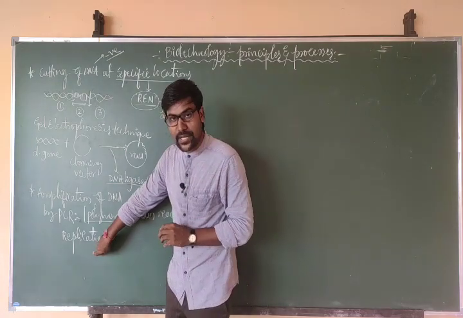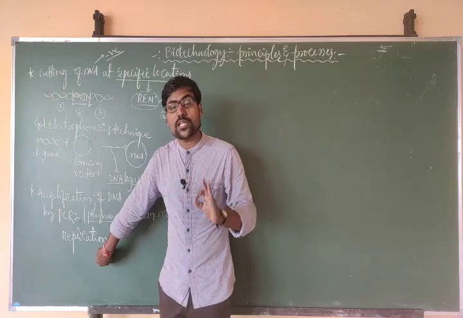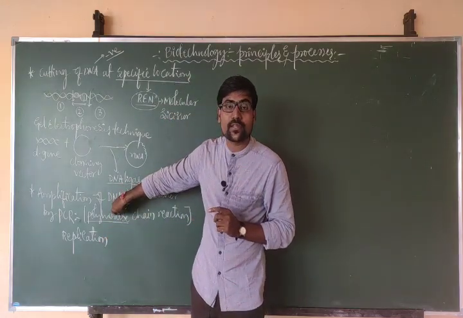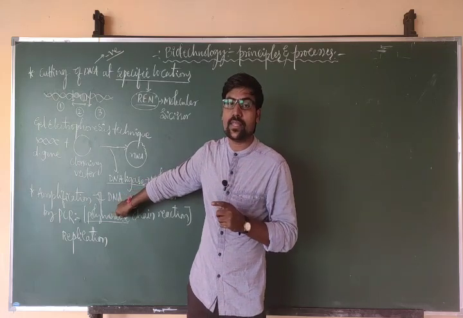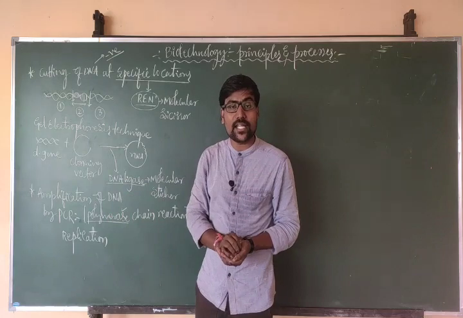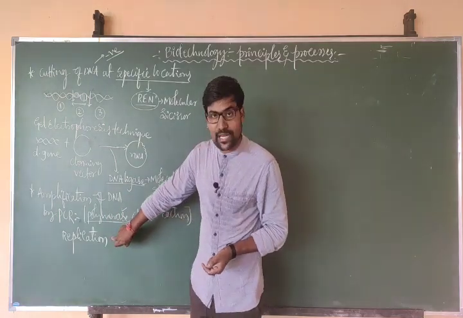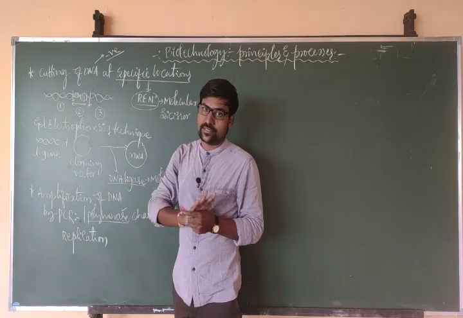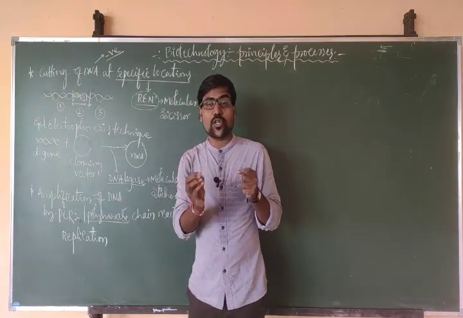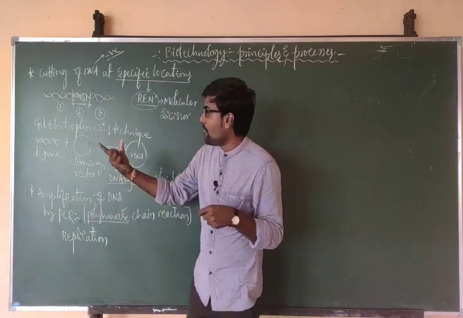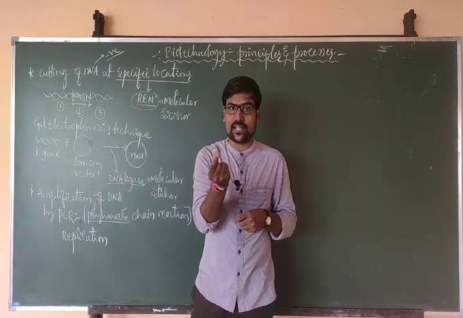The replication process occurs majorly by the presence of polymerase enzyme. Which enzyme? Polymerase enzyme, and its name is DNA polymerase enzyme. So DNA polymerase enzyme will help in replication. By replication, DNA will be doubled. But actually that process occurs inside the cell. But now our desired gene is present outside the cell.